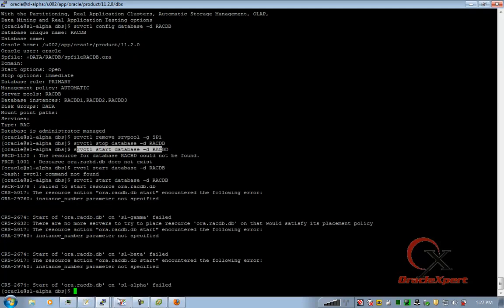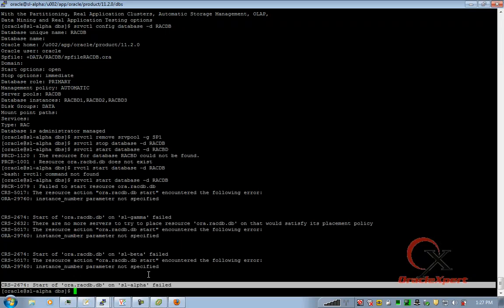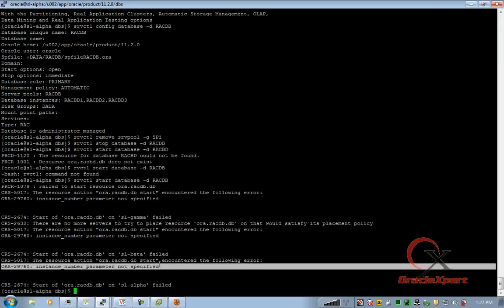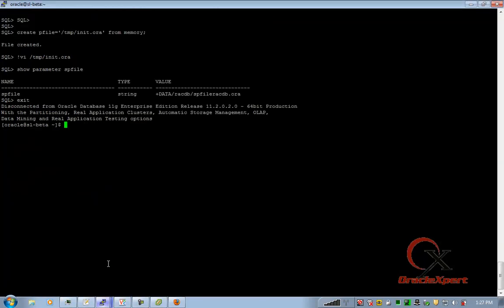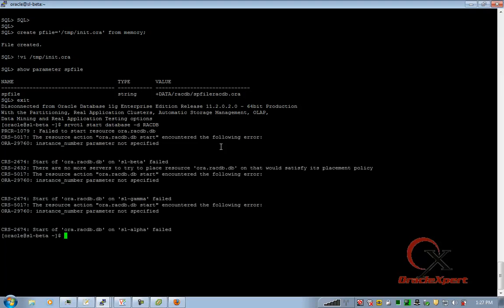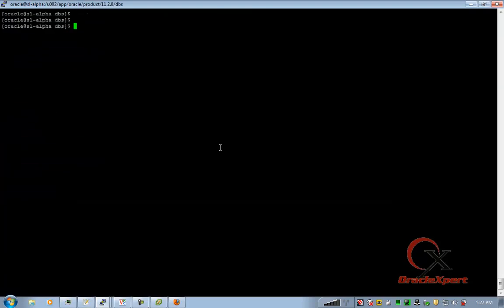It still complains about the same, saying start of RACDB has failed, instance number parameter not specified. Let me check from beta. Is it having the same problem here? Let me remove and re-add it.